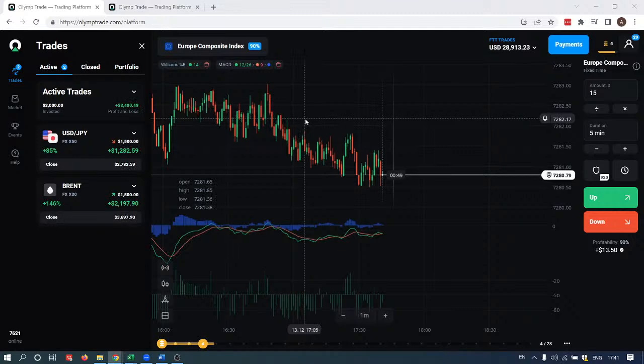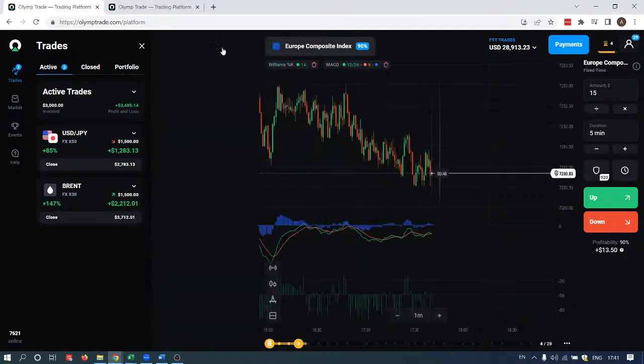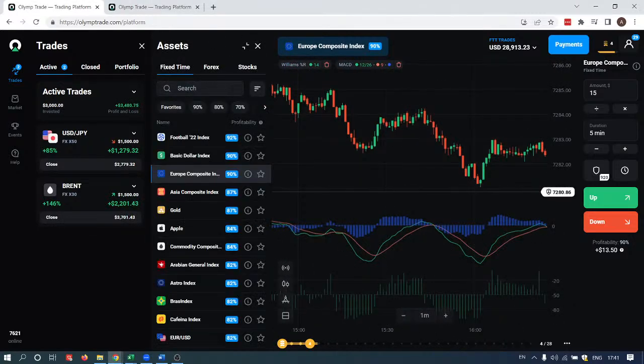Can you do one on Forex now? Well, you cannot really do any trades on Forex just like that. If you want to do a trade, you need to do some analysis, and you shouldn't be opening trades just for the sake of it. Instead, you need to find